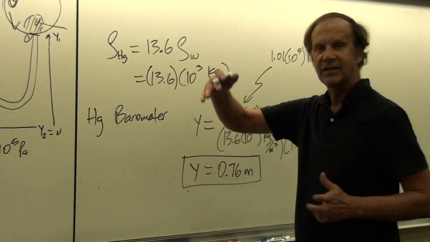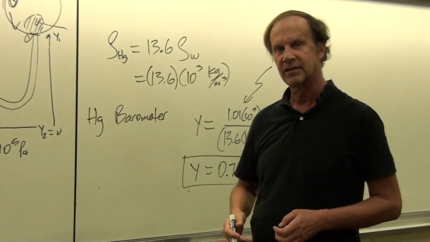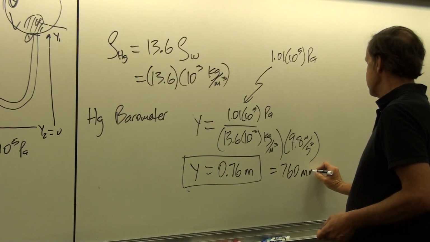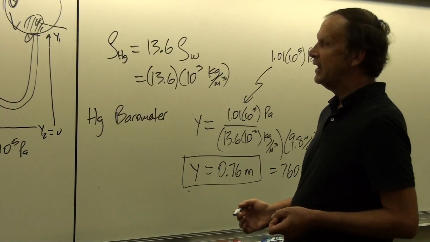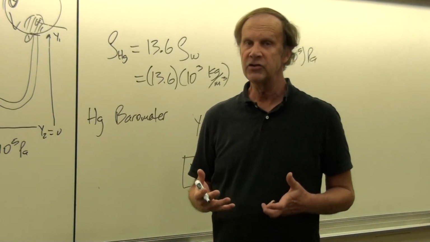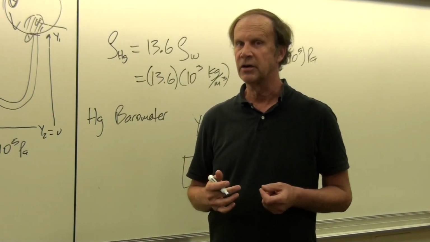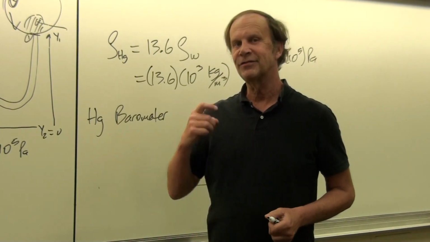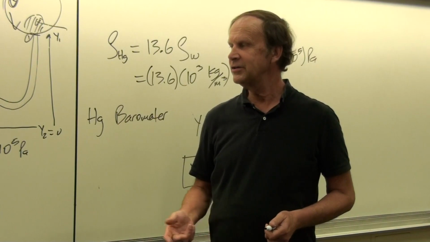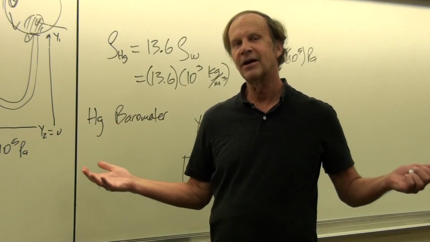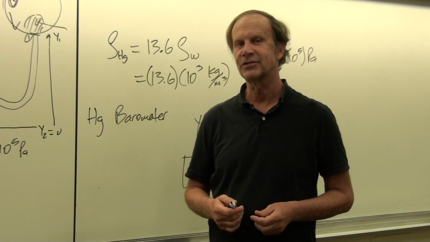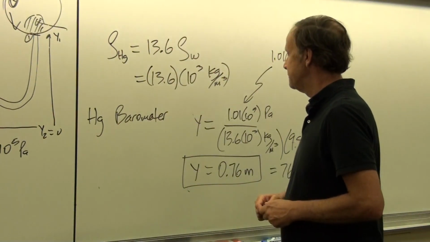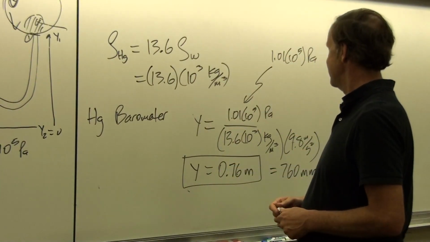And so is that something that we can fit in a room? Well, yeah, it's less than the length of a meter stick. It's about 3/4 the length of a meter stick, or that's 760 millimeters of mercury. So sometimes we use that as a unit of measurement for atmospheric pressure. We do it in terms of millimeters of mercury, or atmospheres, or pascals. Or we can also do it in terms of PSI, pounds per square inch. So we've actually got several different methods for determining the same thing, which is the pressure.